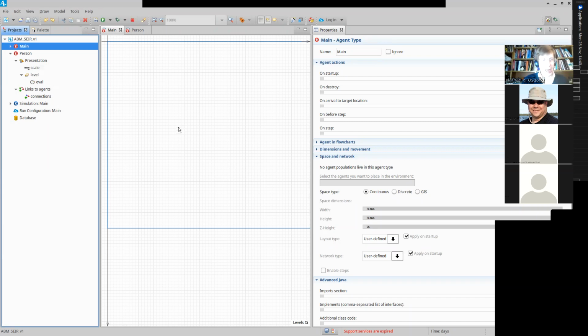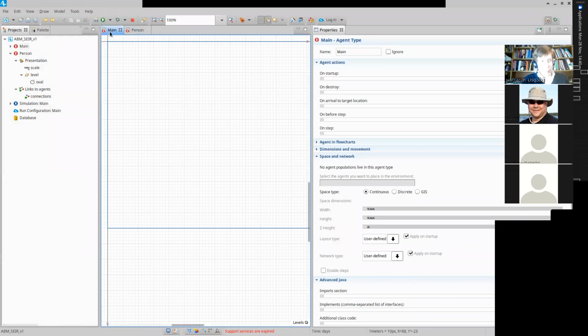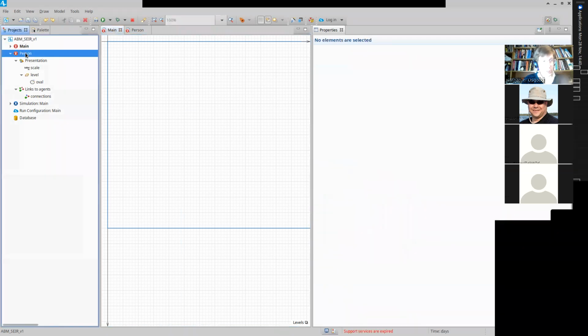We need a population. We have a theory of personhood. That's great, a particularly simple theory right now. We'll be elaborating it, but we have no population of people. Let's go add a population. Now this next component, I want you to watch carefully. To add a population of people to main, the easiest way to do it is to go over here in